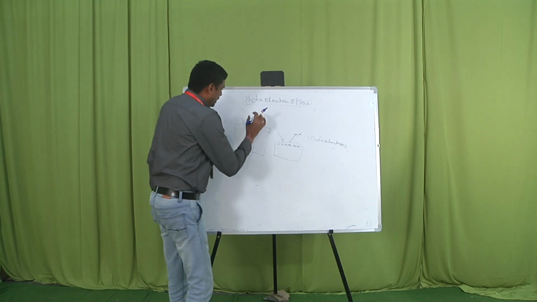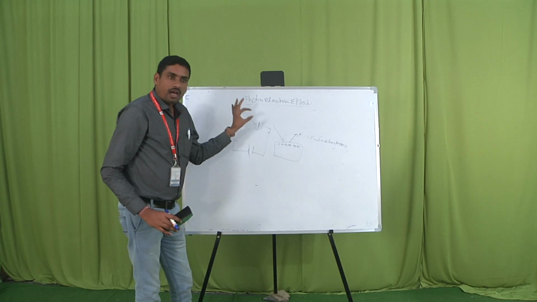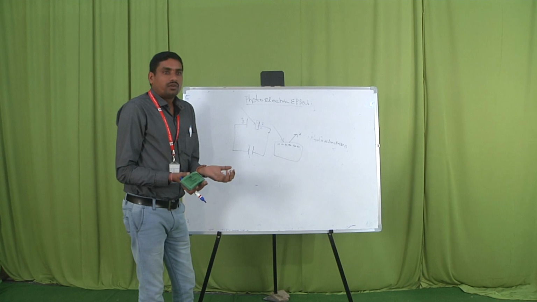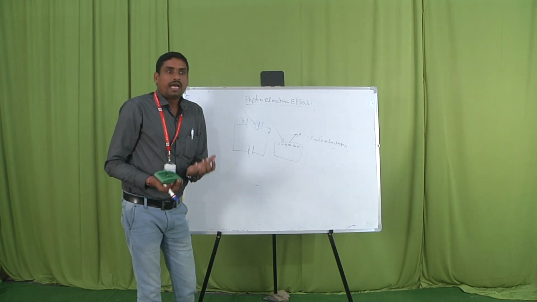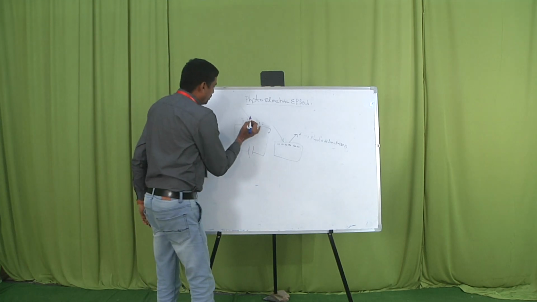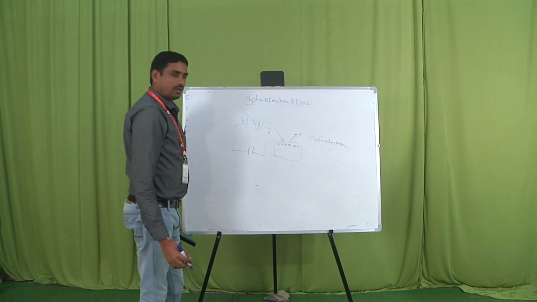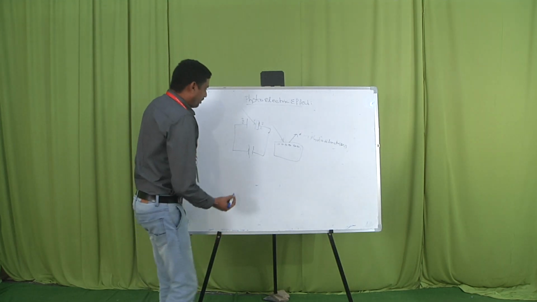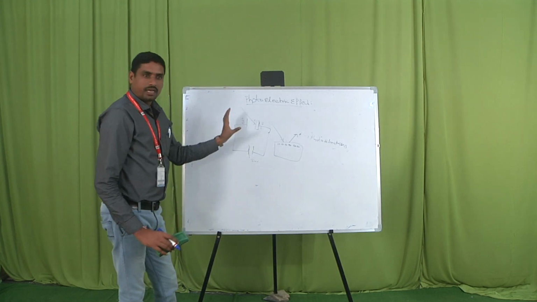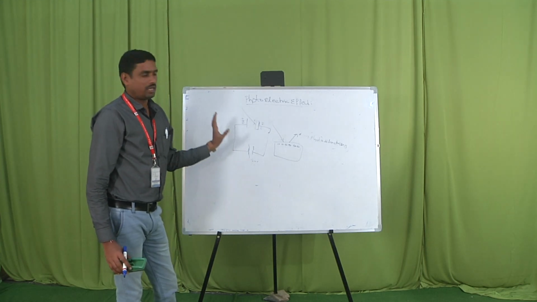When threshold frequency is reached, what happens? The electrons on the surface of the metal resonate, meaning they coincide, and the energy is enough to eject the electrons at that frequency. So when threshold frequency is reached, electrons automatically eject. Here I am taking a 10 volt battery. So in this circuit, the maximum potential difference will be 20 volts.